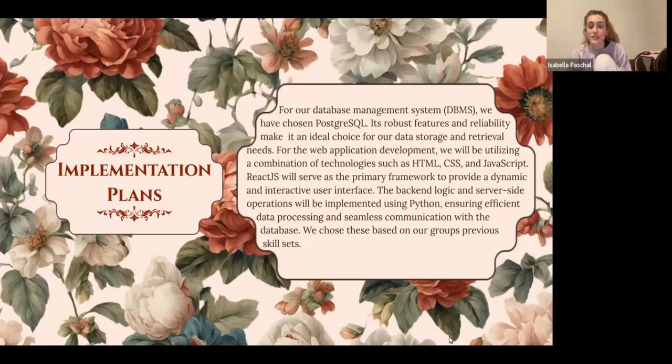For the web application development, we will be utilizing a combination of technologies such as HTML, CSS, and JavaScript. React.js will serve as the primary framework to provide a dynamic and interactive user interface. The backend logic and server-side operations will be implemented using Python, ensuring efficient data processing and seamless communication with the database. We chose these based on our group's